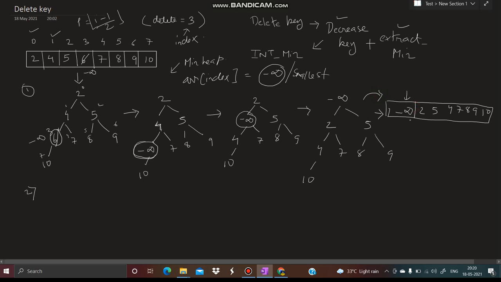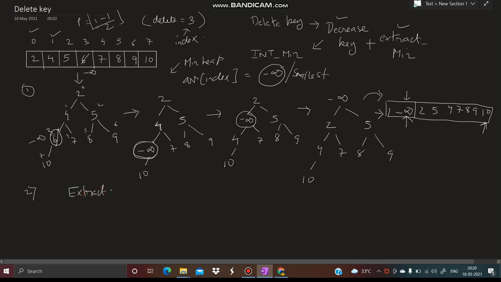So what I will be doing is swapping this value with the last value. Minus infinity and 10, I'll be swapping both these values. We know that in case of an extract min, we need to remove the first node.